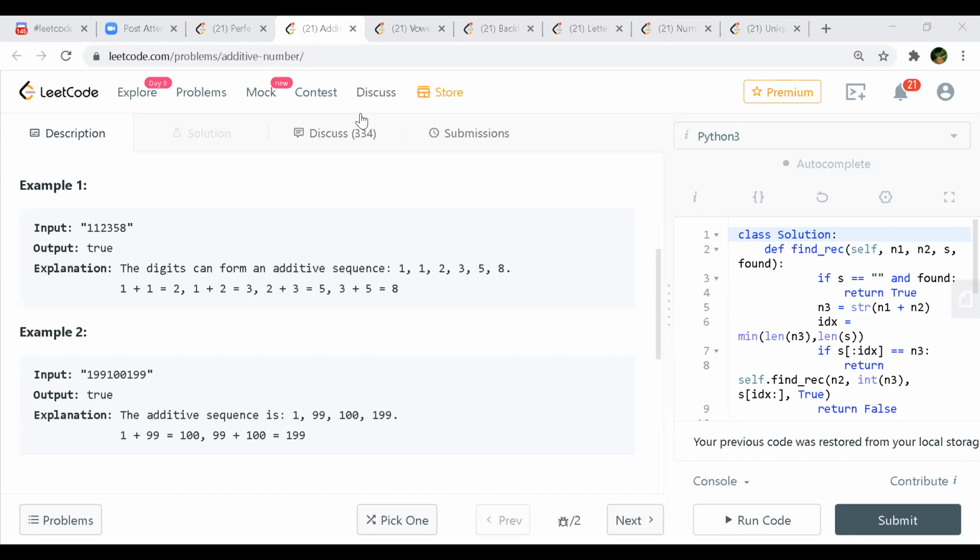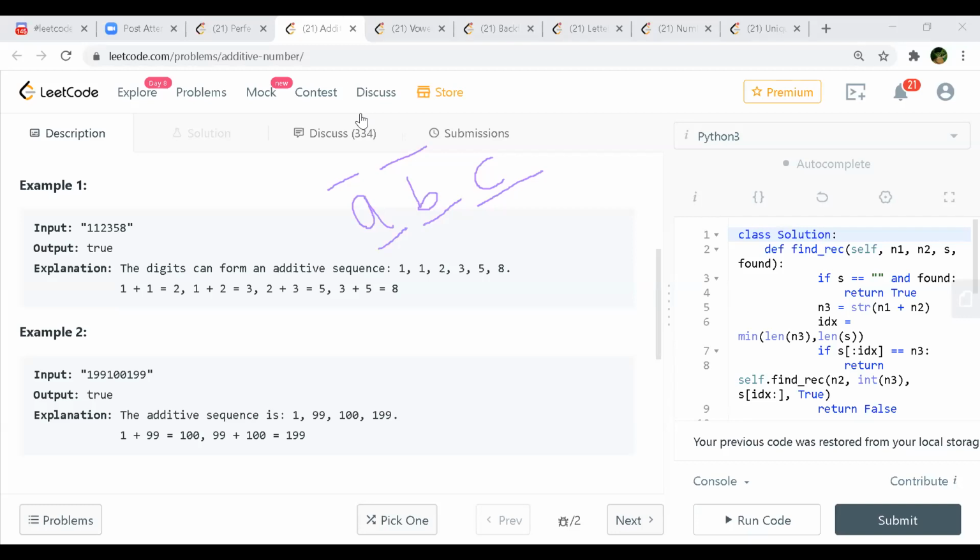Yeah, so I was thinking, from starting we don't know how many digits the first number has. Like we have some a, b, and c. The only thing we need is a plus b has to be c. So we don't know how many digits a has, and we don't know how many digits b has. So we try all the possible number of digits for a and all the possible number of digits for b, and see if that value equals c, right?